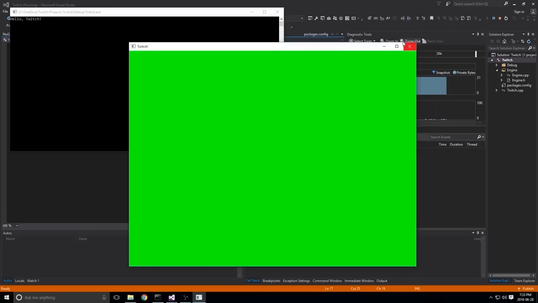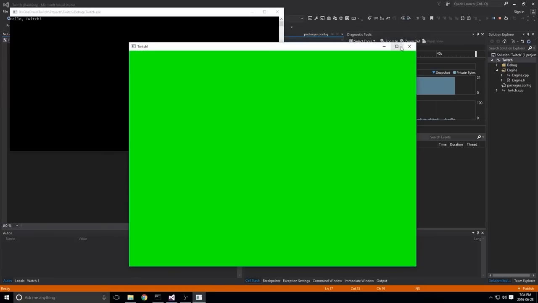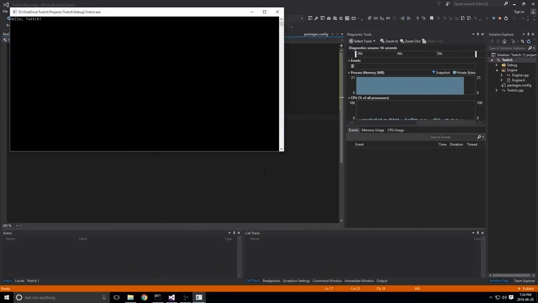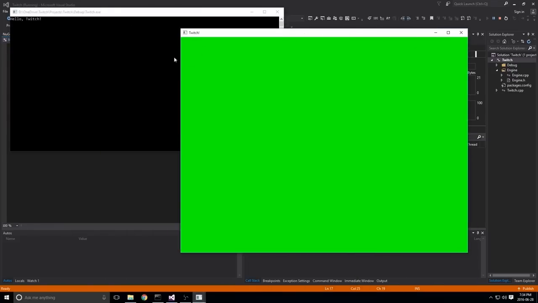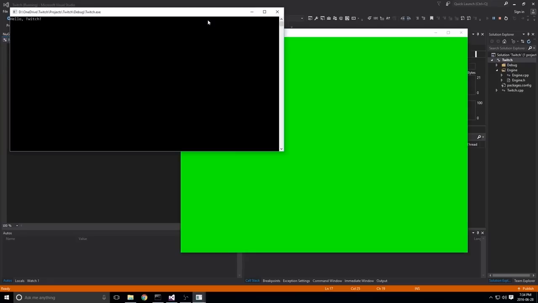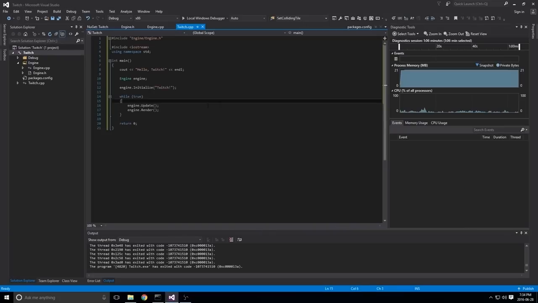But there's the big one, and now, funny thing about this, when you make this big, there is a callback that we can set up so that we do some resizing of our viewport, because right now our viewport is this size. So if we make this big, our viewport's only going to go up to about here. So anything we draw is just going to be here, and the rest is just going to be empty green space. But we'll get into that later when we actually have stuff to show. And obviously it minimizes our game, and there we go. All right, so GLFW is set up properly, which is great. So we'll go ahead and close this.